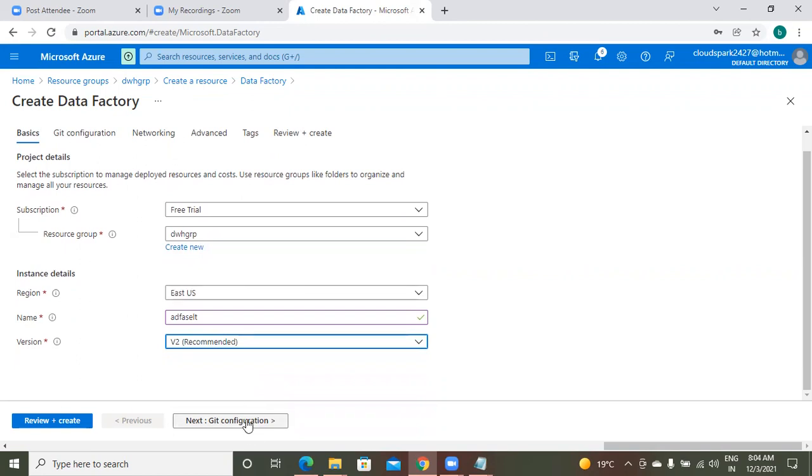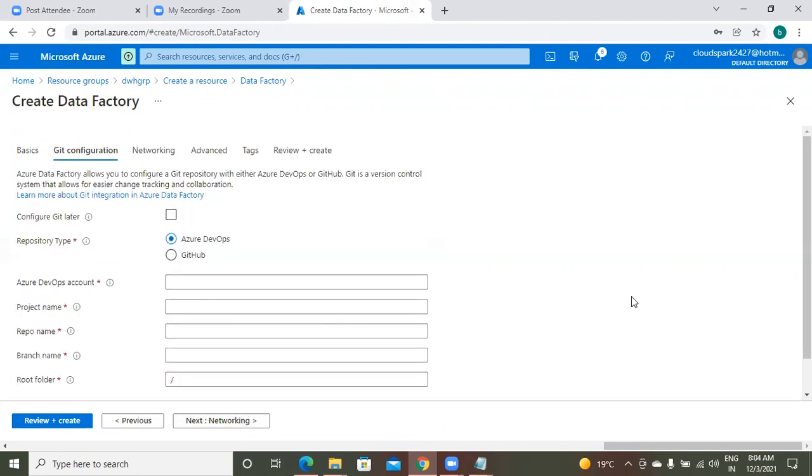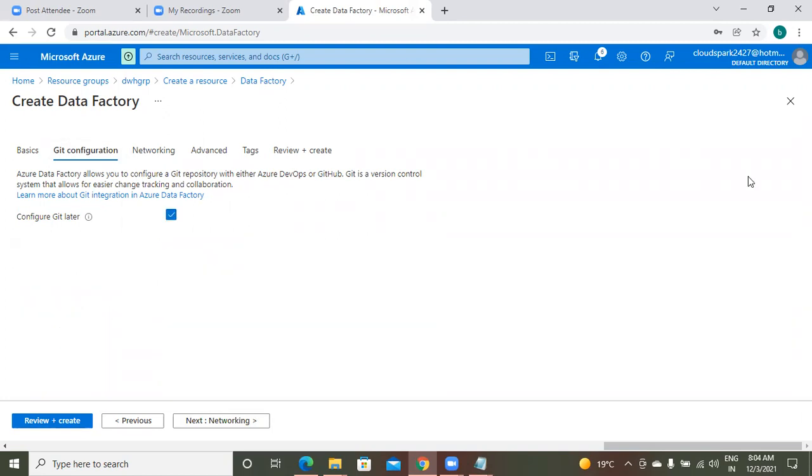Now, you can configure your ADF to Git. At the time of running your deployment life cycles, this Git will be helpful to you. So for now, I'm not going to use any kind of Git. I'm just deactivating that. We will see in the deployment phase how to use Git for this. I select the option configure Git later. The remaining options I am not touching.